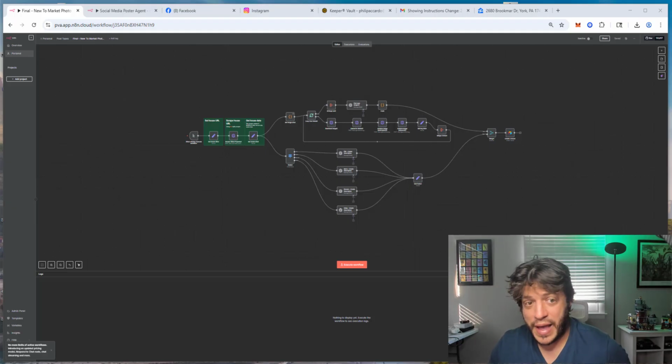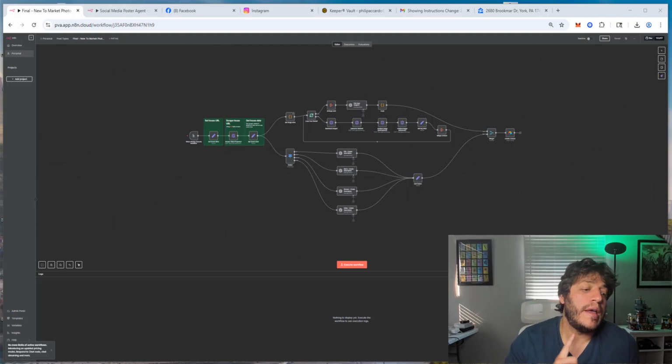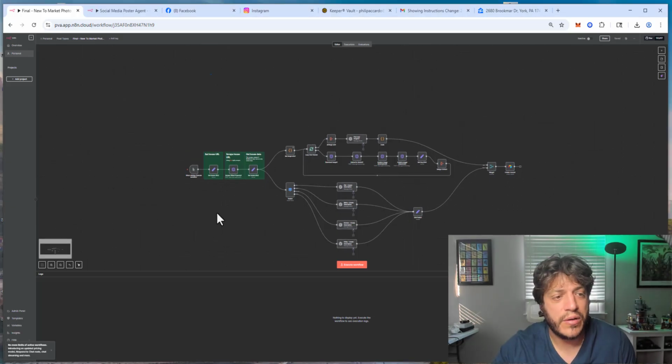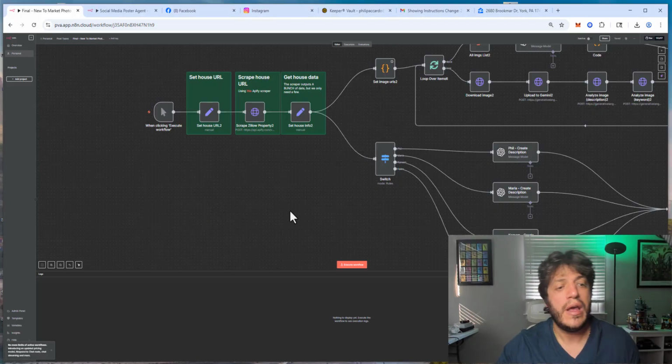And I'm going to test this live on my personal page, on my personal real estate Instagram page, business page, and Facebook page. But what you see right here is the workflow that scrapes Zillow. It finds the best, I believe, 10 photos. It figures out who is listing it for sale, because this is going to make a new to market photo